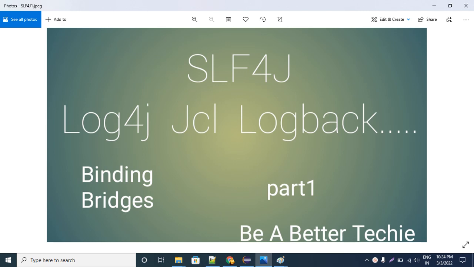Today we'll discuss SLF4J, how it is an abstraction and what the implementations for SLF4J are, libraries like log4j, JCL and logback, what bindings are, and what the difference is with bridges, where they come in. We'll get to know these concepts in detail, but I'll try to complete it in part 1. If it is not possible to complete in this part, then we'll proceed further in part